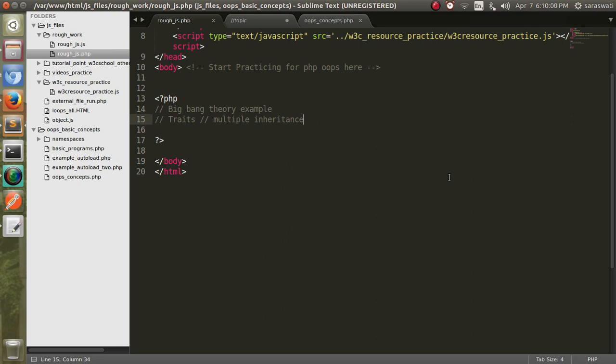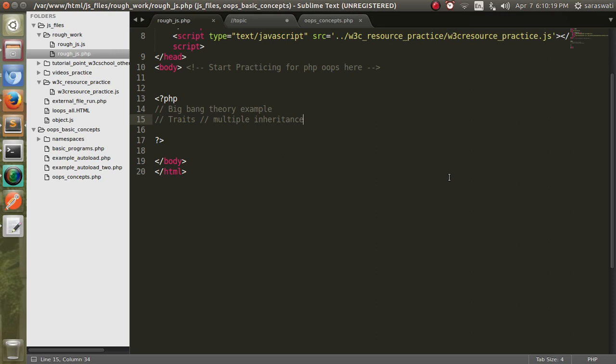Then if we try to access from the child class the same method name which both parent classes have, there will be a conflict of method names. So PHP doesn't